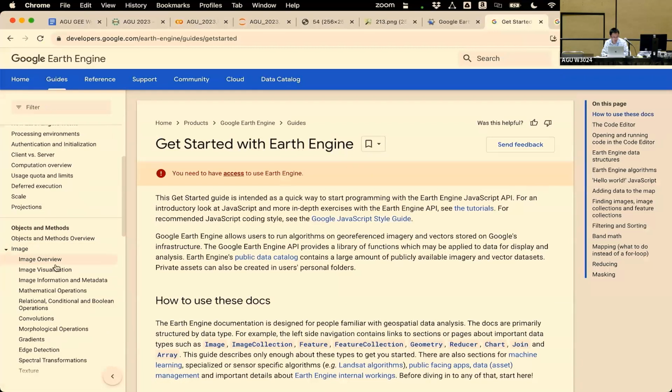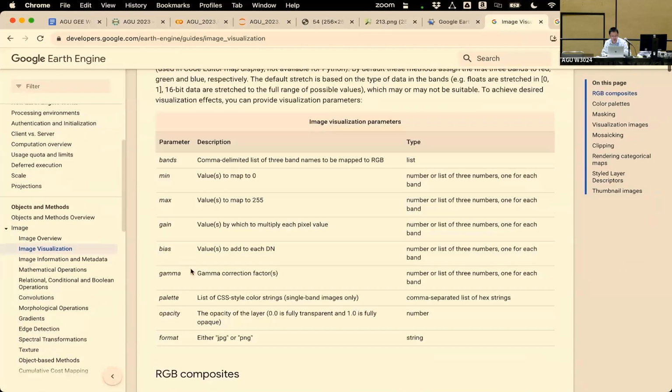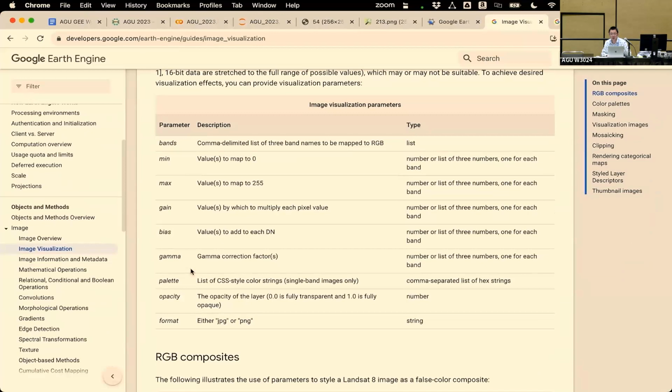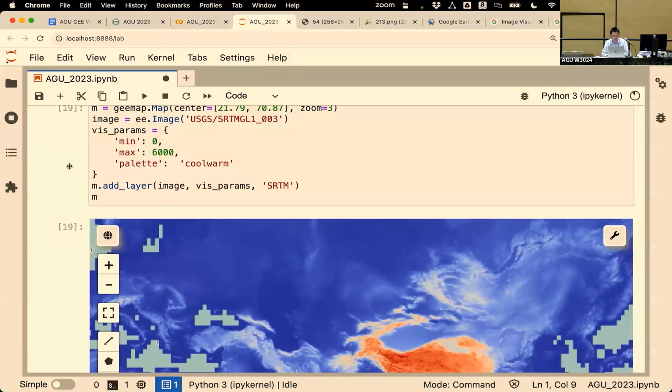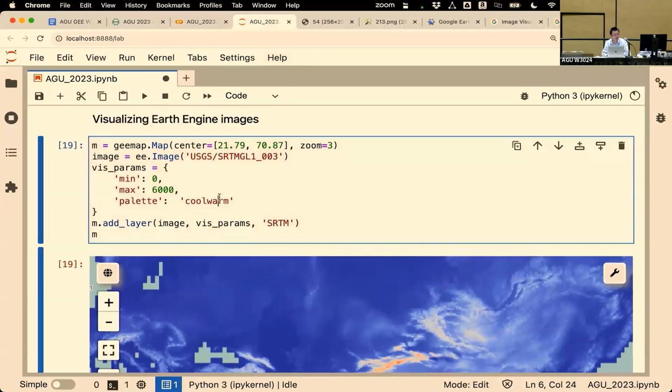So here there's an image and an image visualization. There is a table showing you what parameters you can provide. We provide the minimum, the maximum, the gain, the gamma, the color palette, and also the bands. This is pretty easy to use, but if you're really lazy and have no idea what to do,